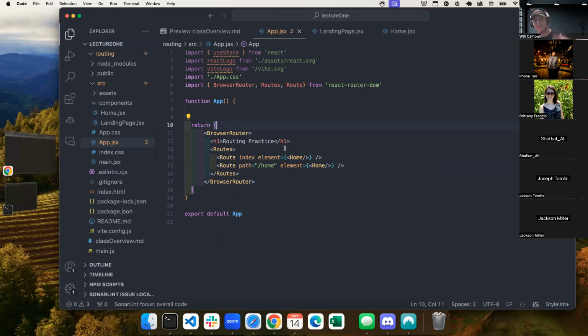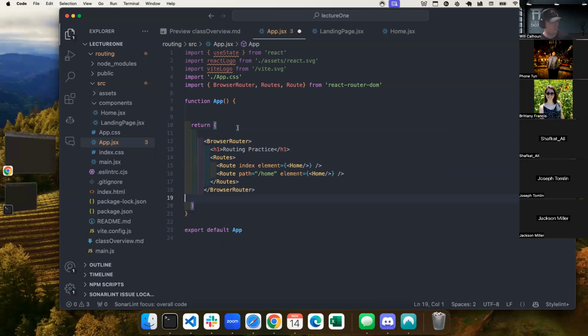So it doesn't mean that my code doesn't work. But remember how we had that fragment and that was my parent? What it was saying is because my fragment had just one child, which is the browser router, and everything was in it, then it sort of feels redundant. So if I would have done this and gone up here, that should get rid of it, because now I have two children, right? I have my H1 and I've got my browser router. So that's what that error was.